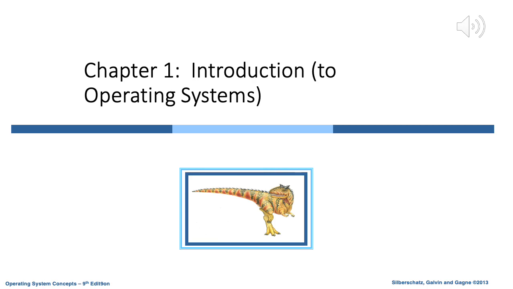As mentioned, the textbook that we will follow is Operating System Concepts, Silberschatz, Galvin and Gagne, 9th edition. Although the slides mention 2013, we have looked at content that has come in the older editions, and we've added that content to the slides as well. So now we start with chapter number 1, which provides an introduction to operating systems.